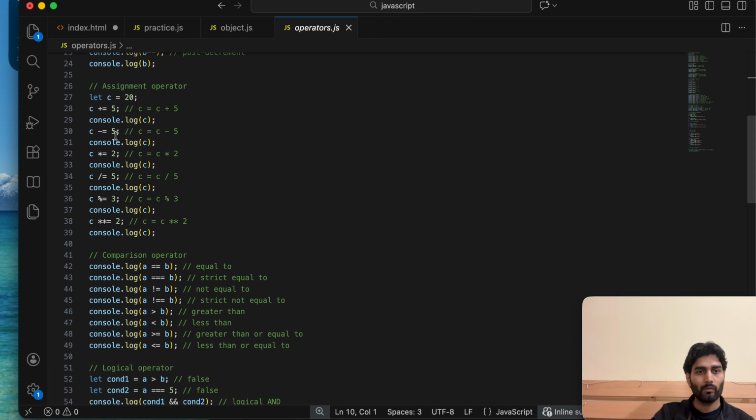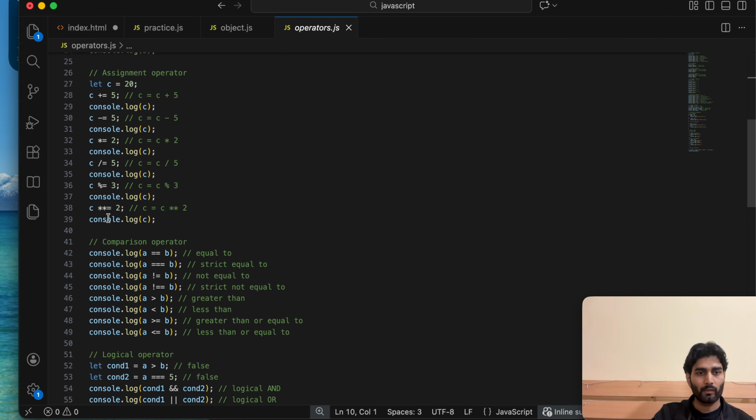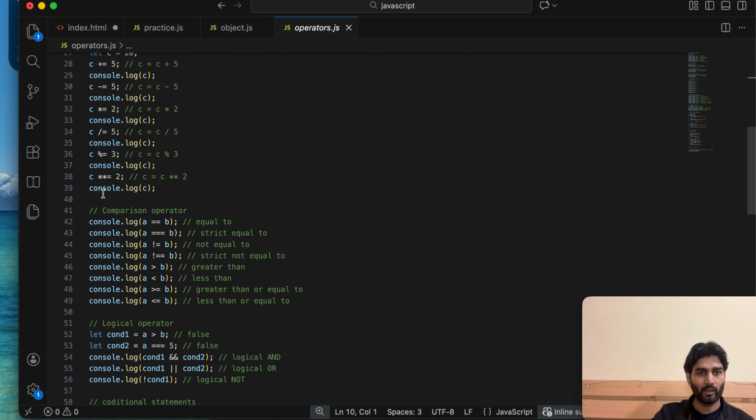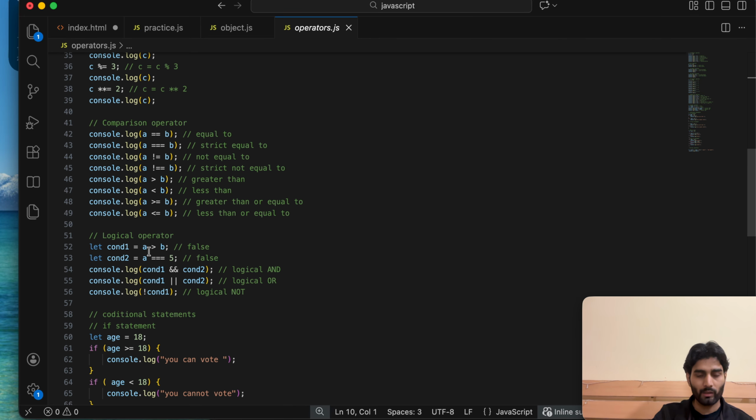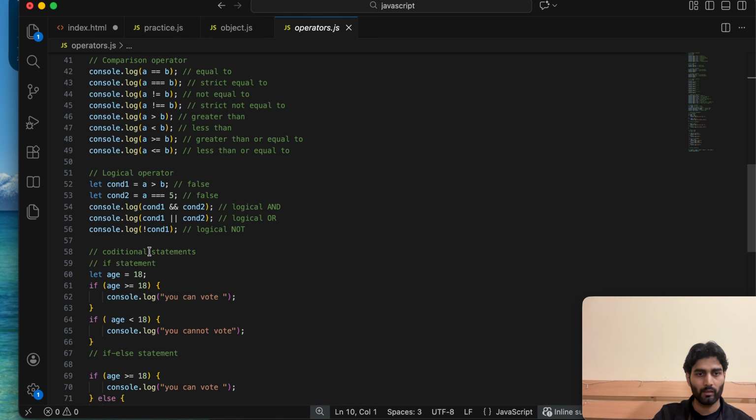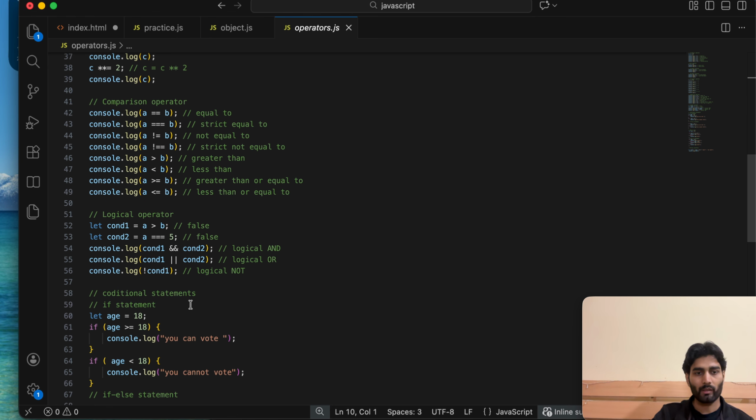Assignment operators, console log c minus, console log multiplication, division, remainder, and we are using exponentiation here. Comparison operators, logical operators, I told you through the slides, and conditional statements we will learn in the